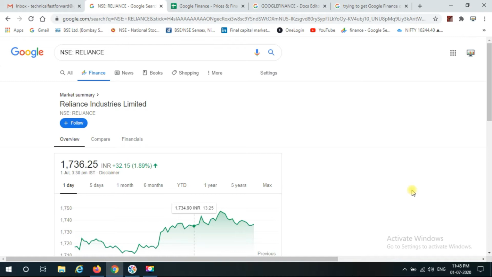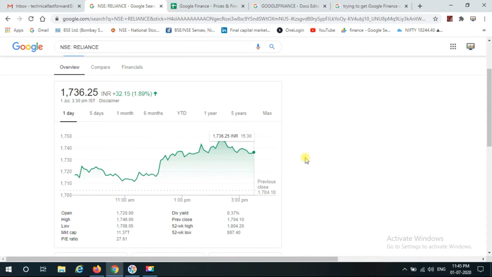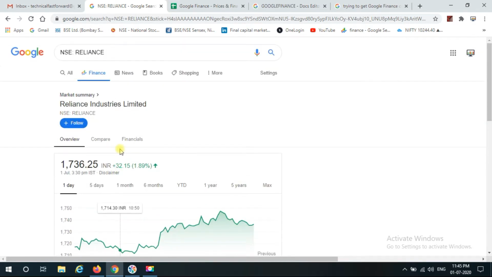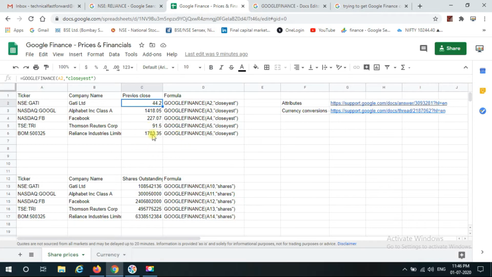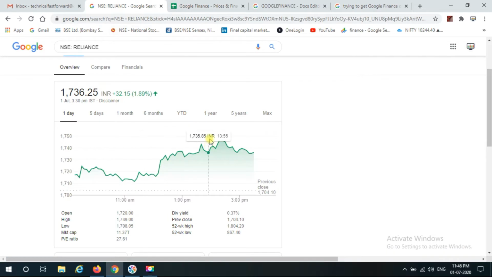This is Sanju, your friend, recording a new video for you, which is decoding Google Finance. What I mean by decoding is that whatever stock market related stocks you track, you can extract these stock details, prices, and closing prices to Google Sheets. I just came up with a solution which can help you with extracting these details. It may be of use to you for office purposes, or at home if you need some tracking for your portfolios.